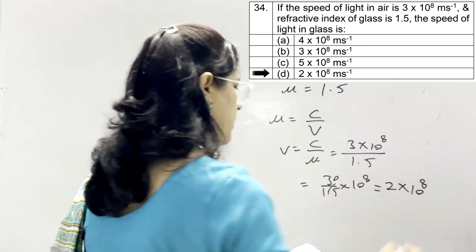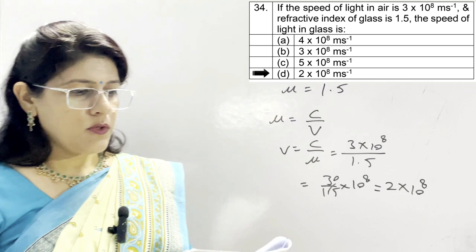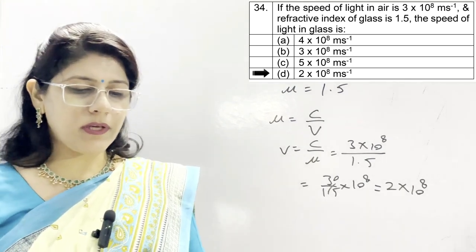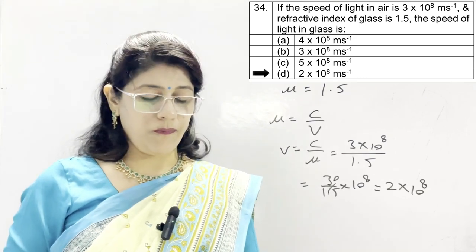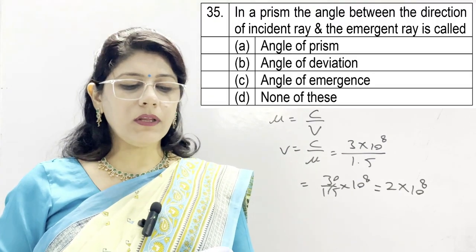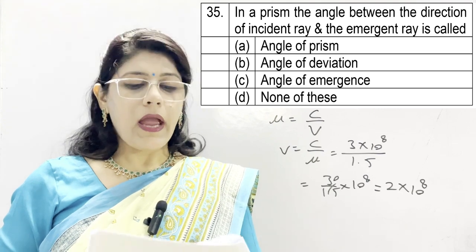2 into 10 raised to power 8. So the correct option is D, which is 2 into 10 raised to power 8 meter per second. Other options are incorrect. In question number 35, in a prism, the angle between the direction of incident ray and